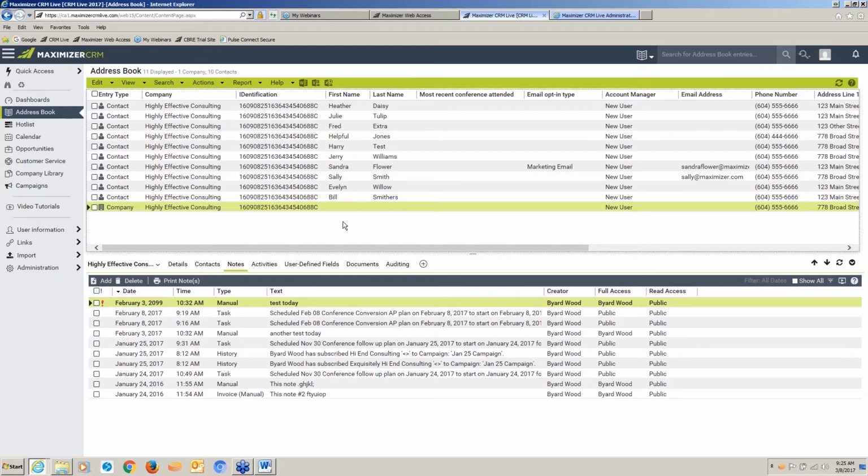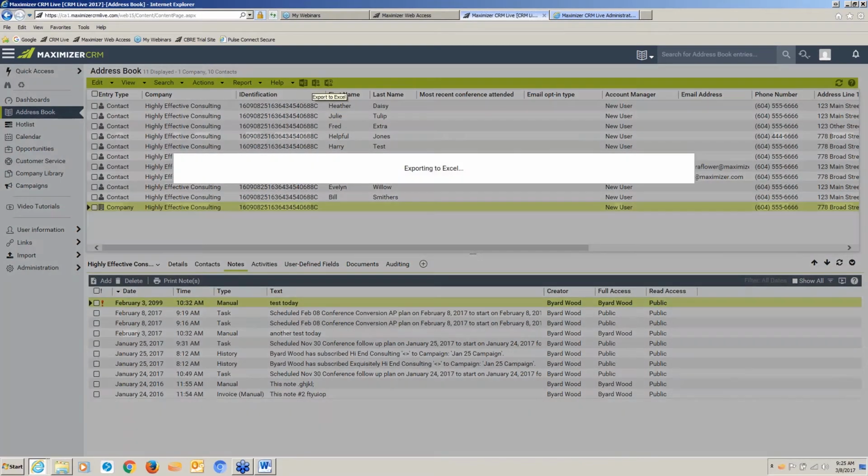That's how easy it is to combine and merge duplicates. And the final thing we want to take a quick look at is reporting. Well, the simplest thing that we've got for reporting is this guy right here, which is an export to Excel. If you worked with Maximizer in the old days, you could do this, but you had to jump through some interesting hoops. Now all you have to do is one mouse click,